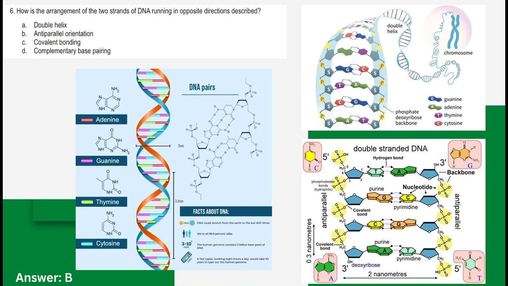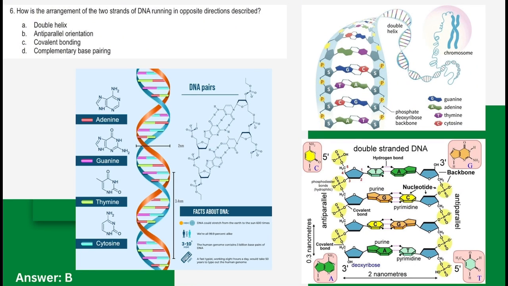Base pairing, or complementary base pairing, explains that adenine is always paired with thymine, as you can see in the picture, and cytosine will always pair with guanine in a DNA structure. Okay? So, it's a matching, it's not directionality. So, from the choices given, the only choice that is related to the question is anti-parallel